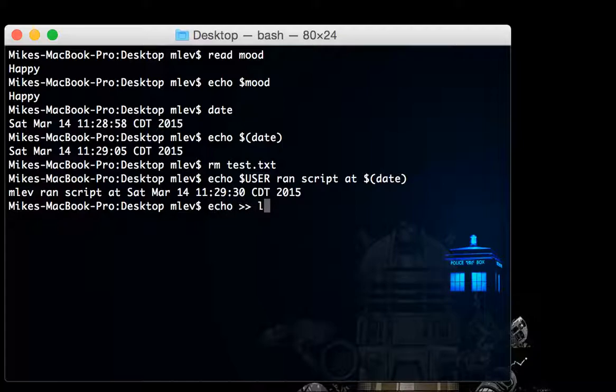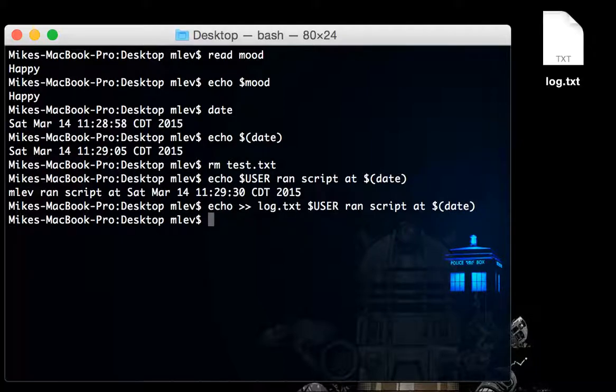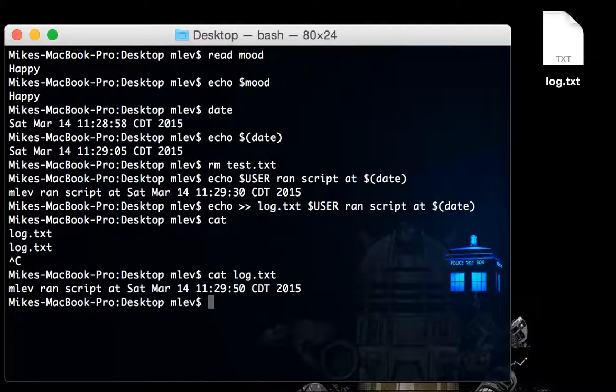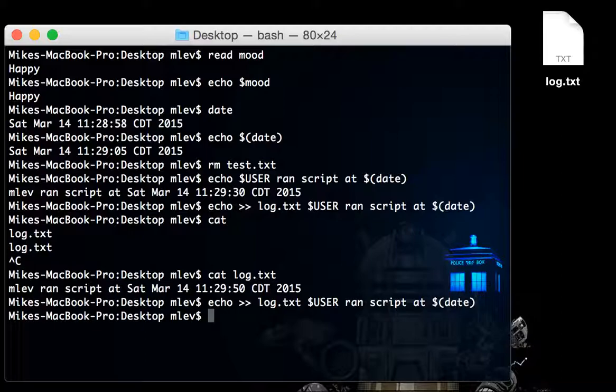And if I wanted, I could store that to log.txt, user ran script at date. And we can see log.txt appears, and if I cat into that, oops, that didn't work at all, sorry. If I cat into that, I can see that it ran that, and because I had my double arrows here, it's going to append that. And so next time the script gets run,